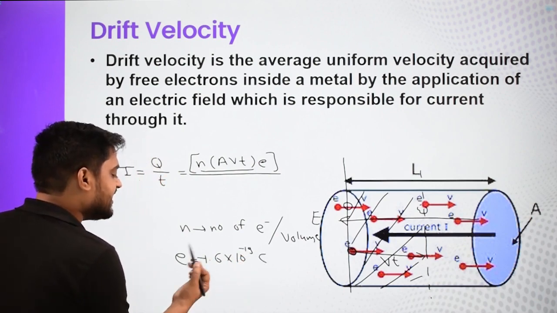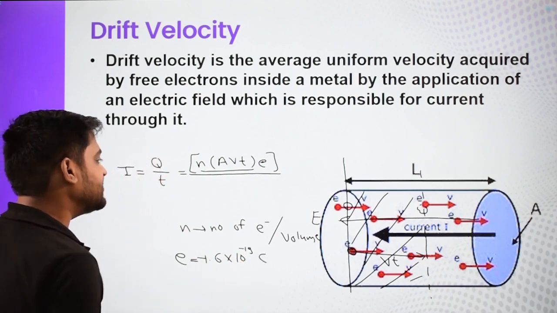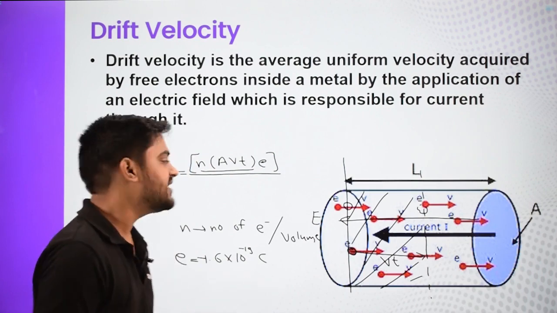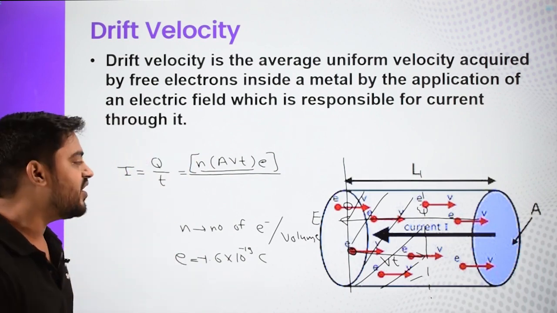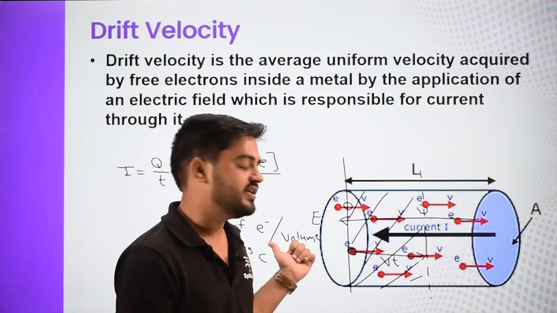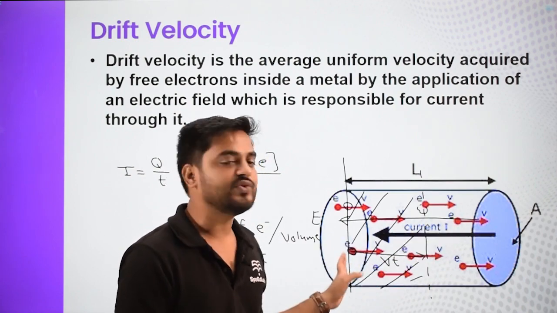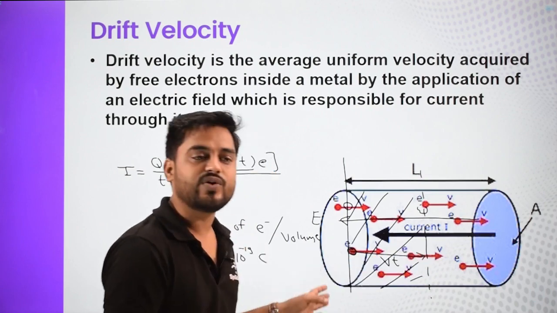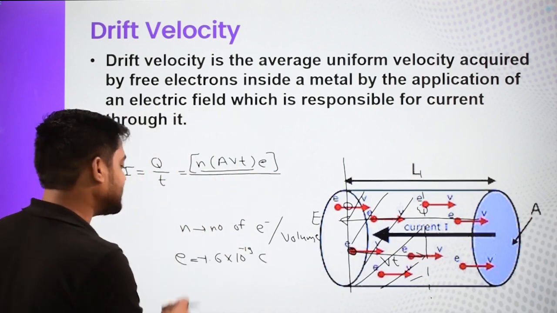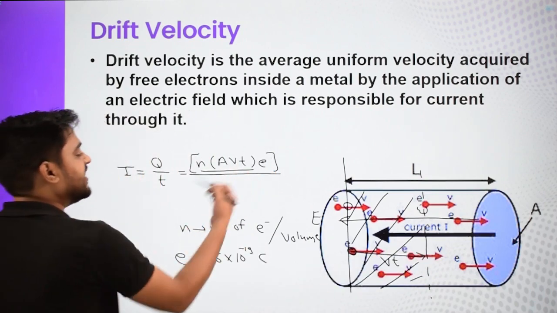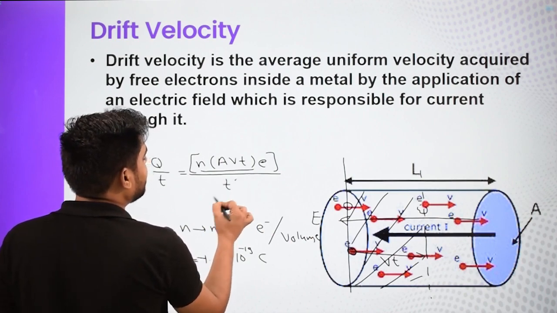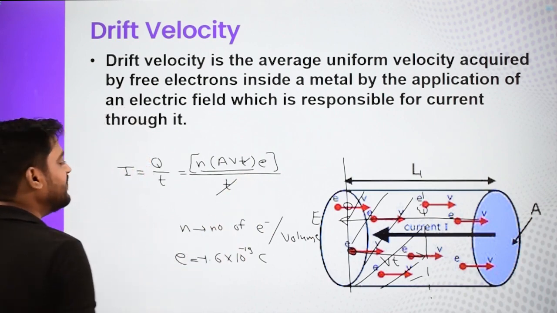To be precise, it is negative. But this negative sign we will adjust. We'll just write the numerical value as we are finding the current. We already know that due to this negative sign, the electrons are moving towards right and current is moving towards left. So direction is opposite. So negative sign only indicates that. We'll just put the magnitude over here, divide by t, and eventually this t gets cancelled